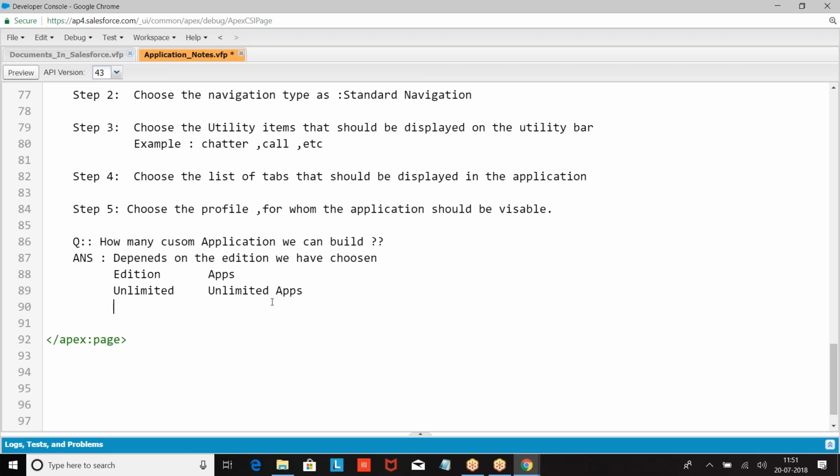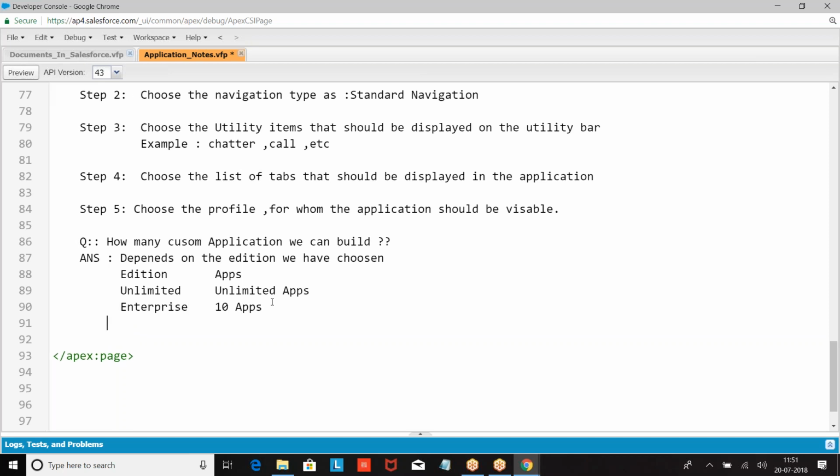If you go with enterprise edition, developer, professional, how many custom applications you can create all depends upon the edition you purchased. I hope you are good with this.